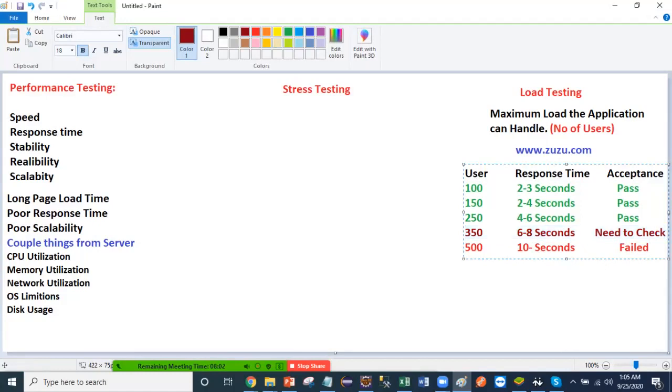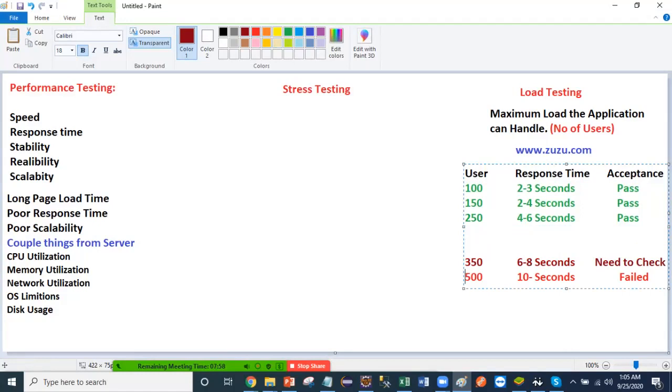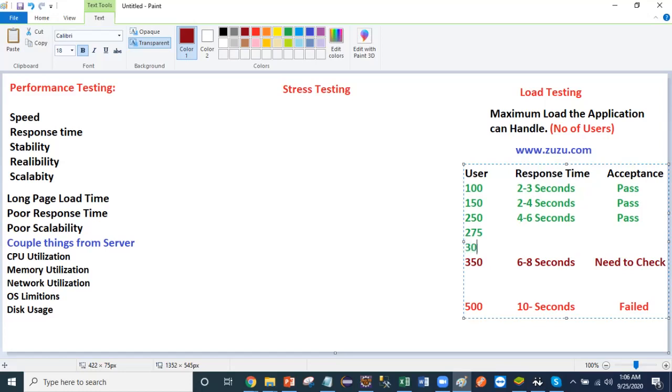So now what I will do, I will go and say okay, now I want to do some testing between these numbers. So I will test with 275, right? Then I will test with 300, right? And on 300 I'm continuously getting 6 to 7 seconds, right? I did a couple of tests and getting 6 to 7 seconds. So I will say this is pass, but this is the point where I should tell the management okay,